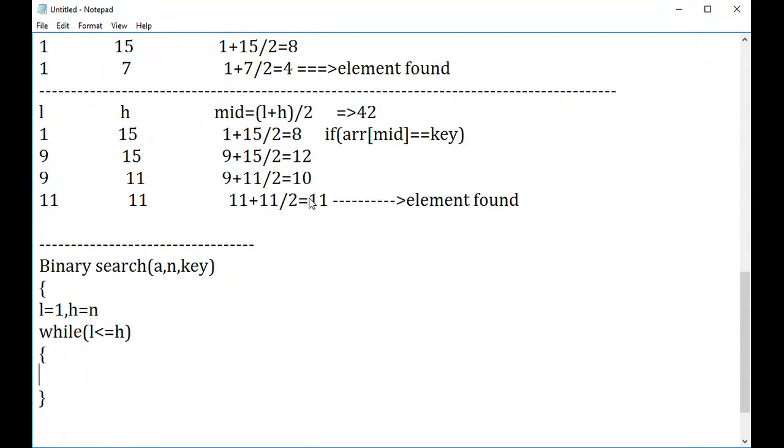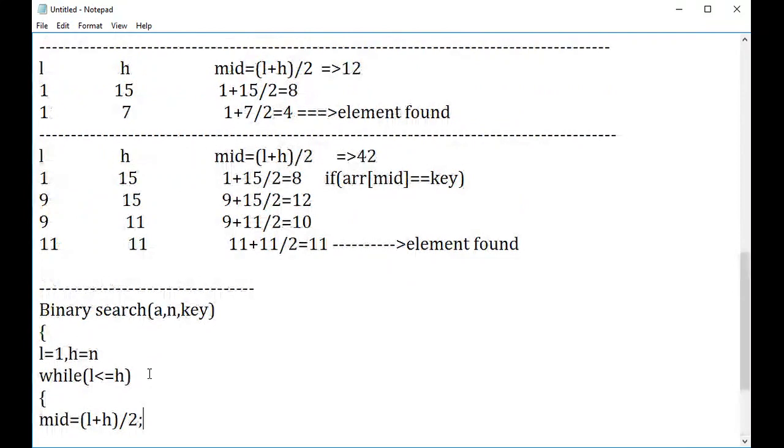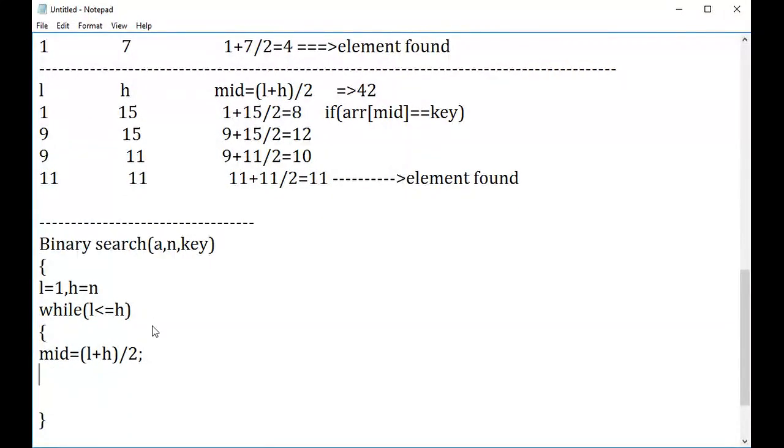And here the logic inside is what I told you. Each and every time I'm supposed to make use of my mid value. So by making use of the mid value, what are the conditions I told you to check? The first condition is I'm supposed to check if my array of mid is equal to your key value.